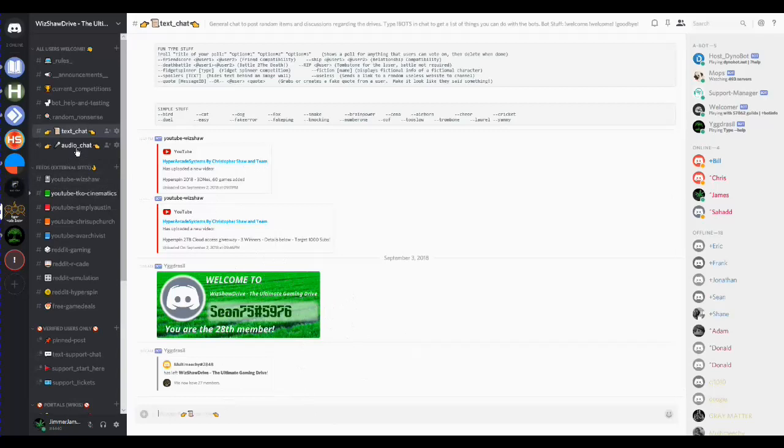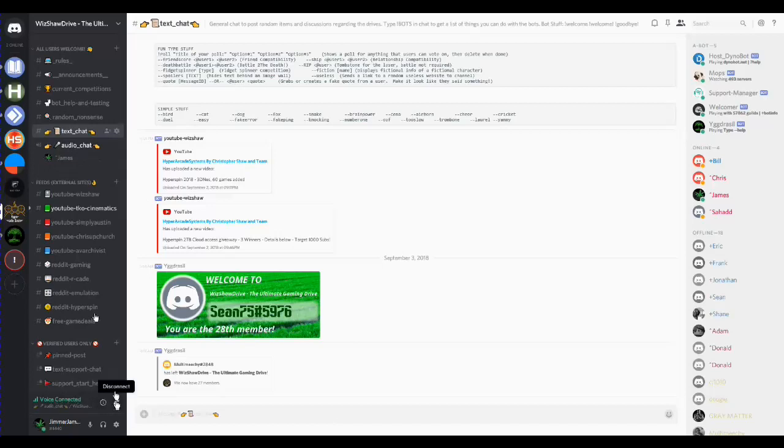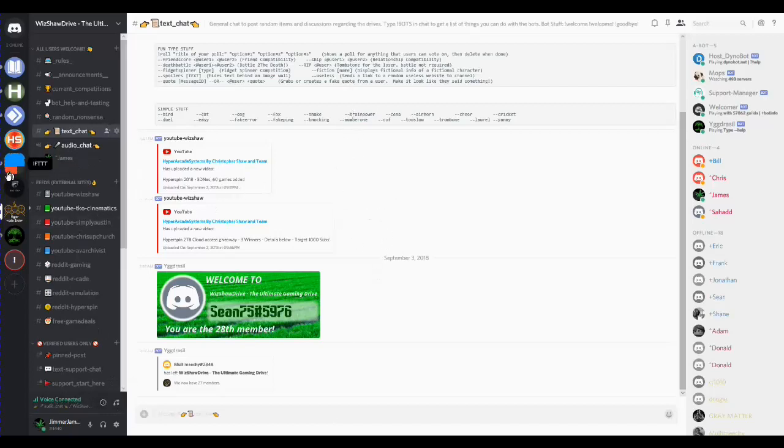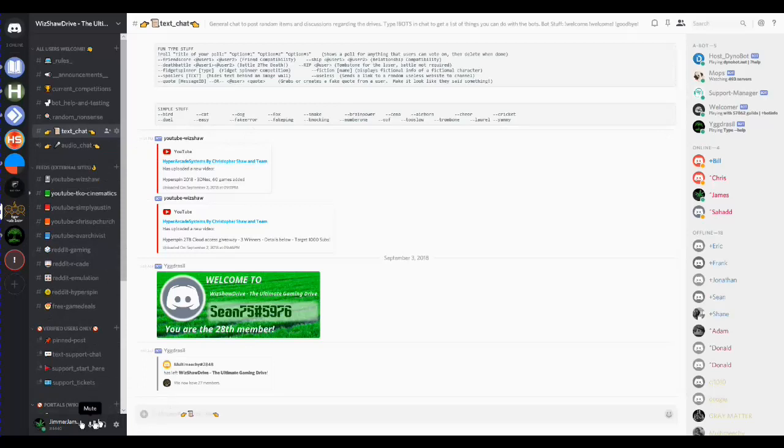Now when I click on this, you're going to see down here it says voice connected. I'm now connected to a voice server. Now the room doesn't change here, but you'll see me added down here. And what that does is you can have a whole bunch of people still typing in here but talking together. So I'm going to turn this off, and that's it. It's hidden right down here.